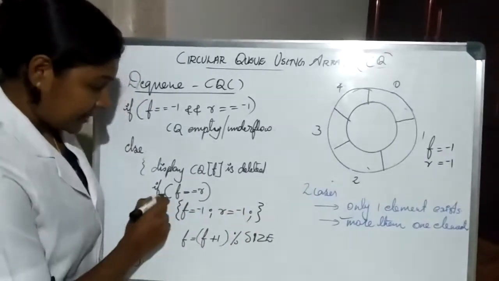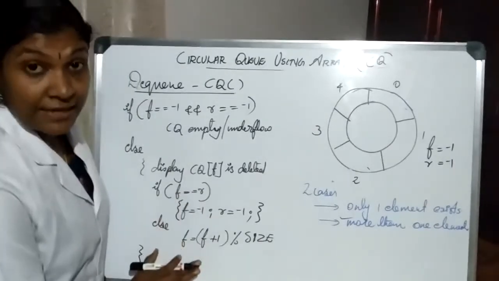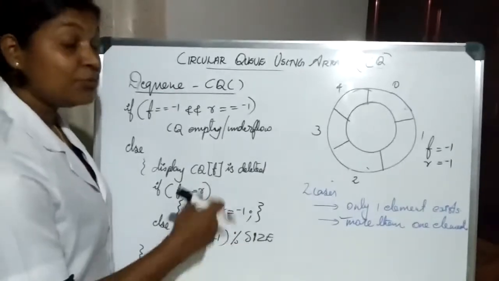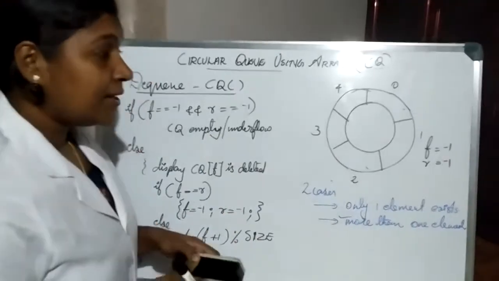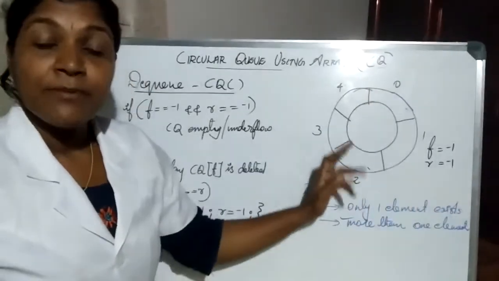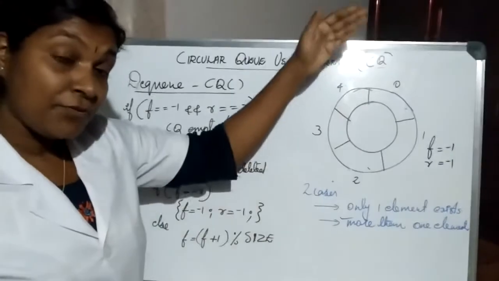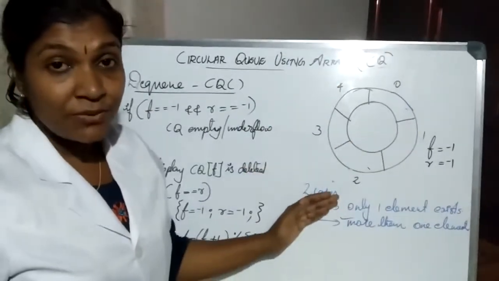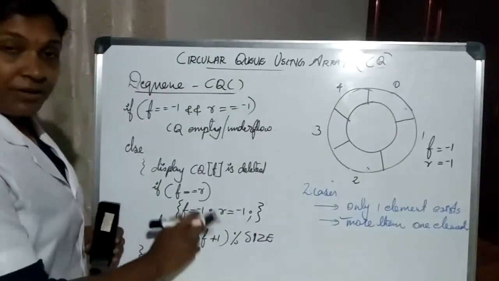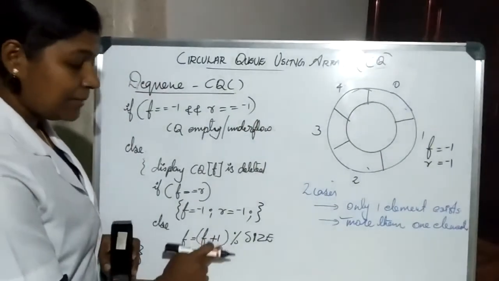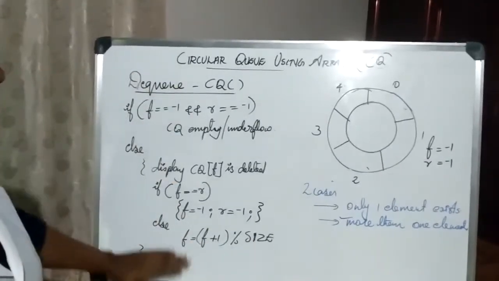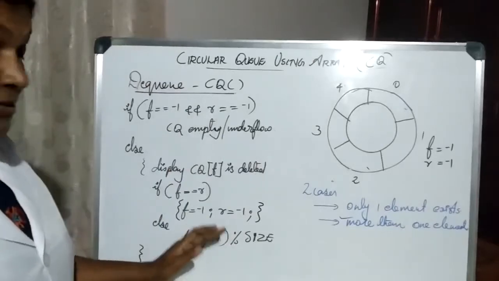Then in the else part, if this condition is not true, move to the else part, that is, more than one element. And what did we do when more than one element was there? We simply incremented the position of front. And how do we perform the increment operation in a circular queue? Using our golden equation. What is our golden equation? In order to increment front, front is equal to (front plus 1) mod size. Clear? So this is the code for performing the DQ operation in a circular queue.